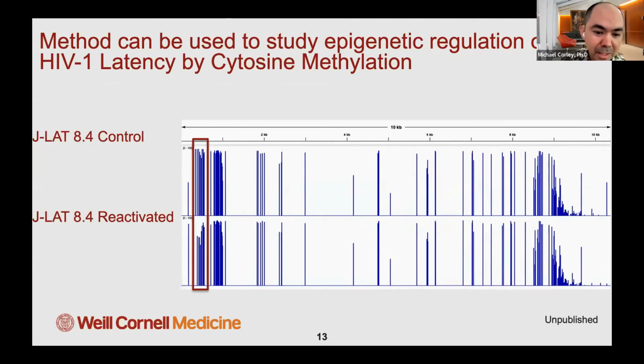So this reactivated condition would include a pool of DNA from both virally transcribing cells and cells that potentially didn't get reactivated yet. But in general, you can start to see some drop in methylation here at the LTR, which has previously been described to be linked to reactivation of HIV provirus. But I think the take-home message is that the method can be used to study the epigenetic regulation of HIV latency by looking at cytosine methylation patterns. And as you can see here, we get quite good coverage across all the CpGs of this particular viral sequence